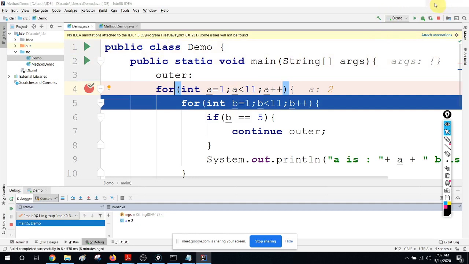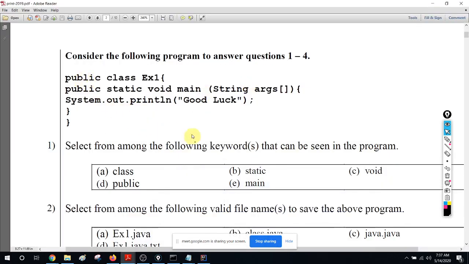So what are the keywords here? Obviously public is a keyword, so that is an answer. We will discuss what public means later. As I told you, you will not understand everything now, but you have already understood a lot, and gradually you will understand everything when we are done with the course. Public is a keyword, class is a keyword, static is a keyword.